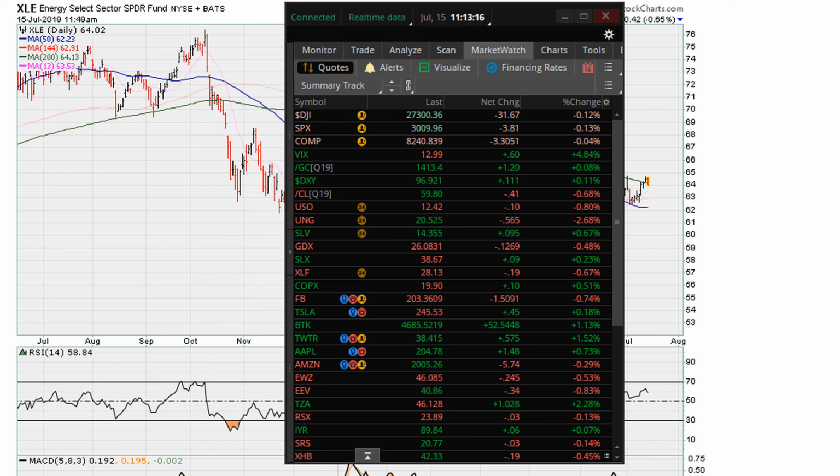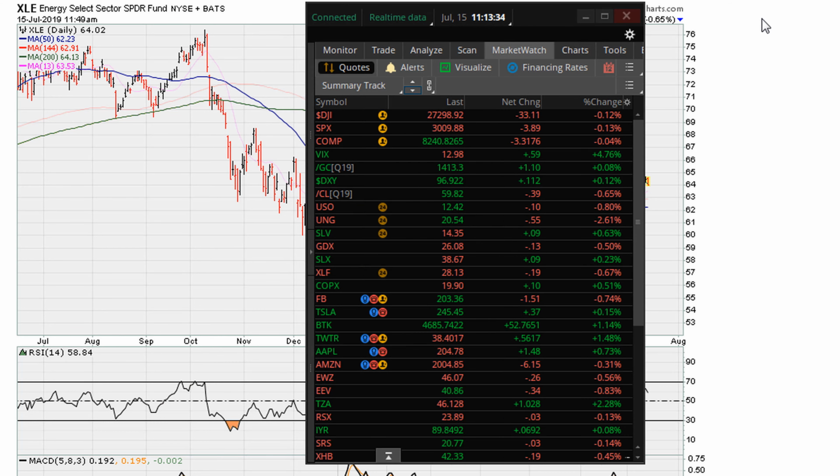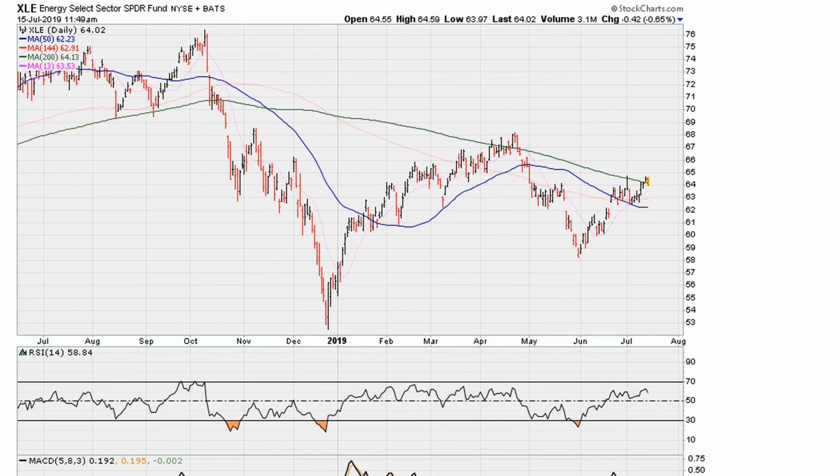Let's take a look at crude oil by way of the XLE. You can see here crude oil is trading at about $60, or 59.80. USO is trading at about 12.42, slightly down for the day. Now let's take a look at the XLE, which tracks the energy sector, and I'm going to draw a couple of lines